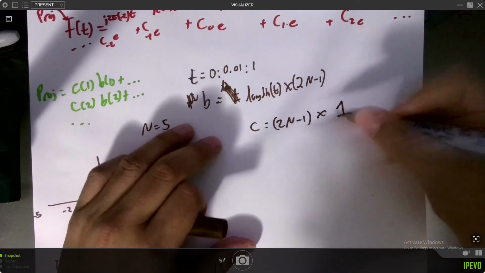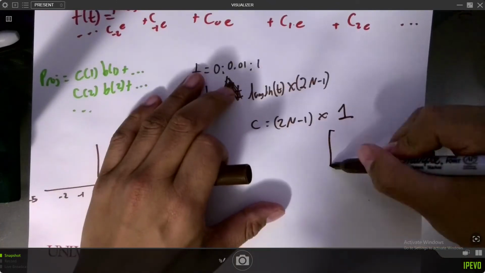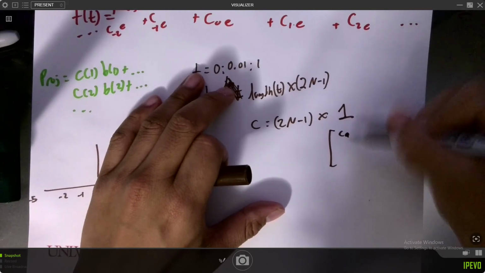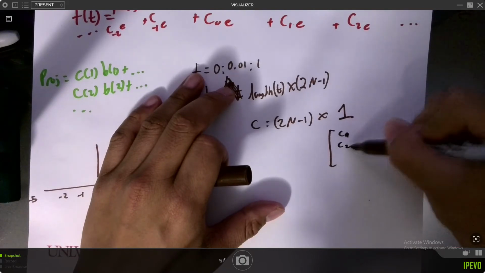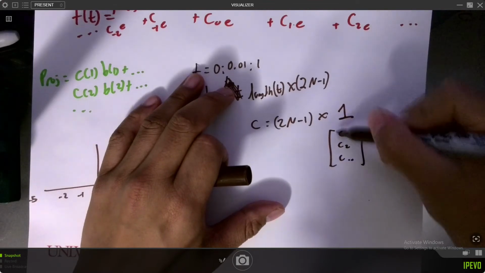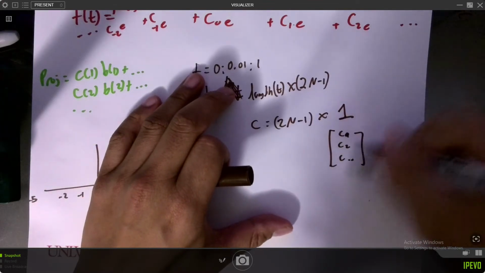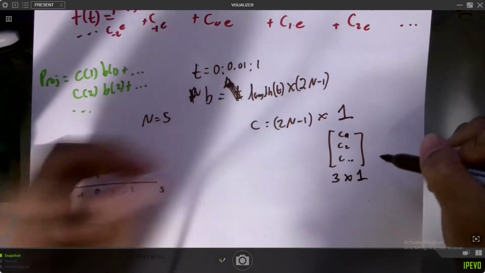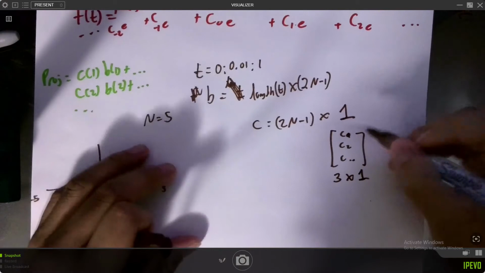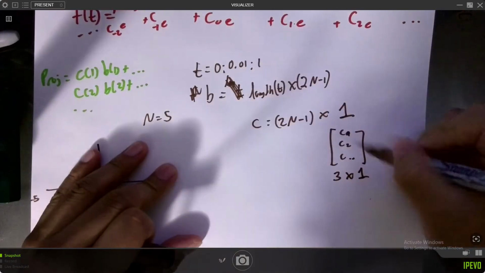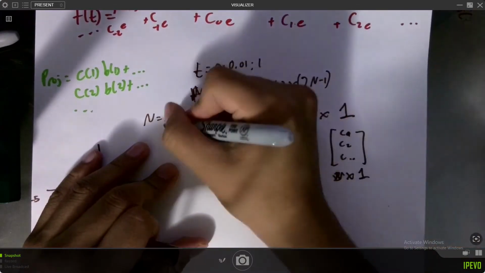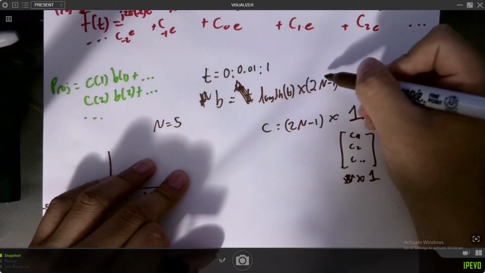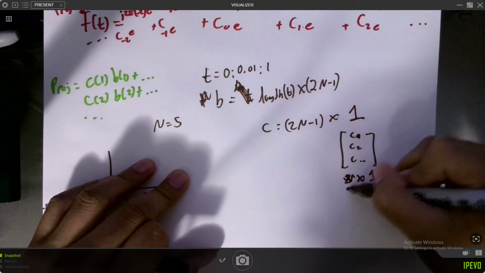So you're going to have a huge c vector, which is going to be your c of 0, or weight 1, c2, dot dot dot, but it's just going to be 1 column. Let's stick to this example. N is equal to 5, so 2n minus 1 is 9. So we would have a 9 by 1,